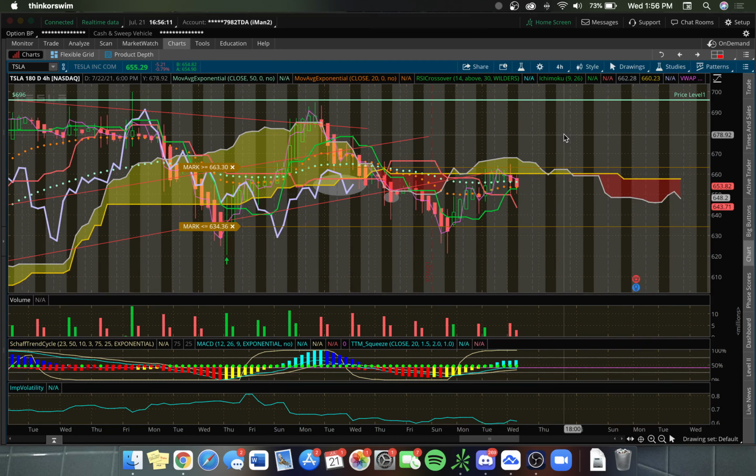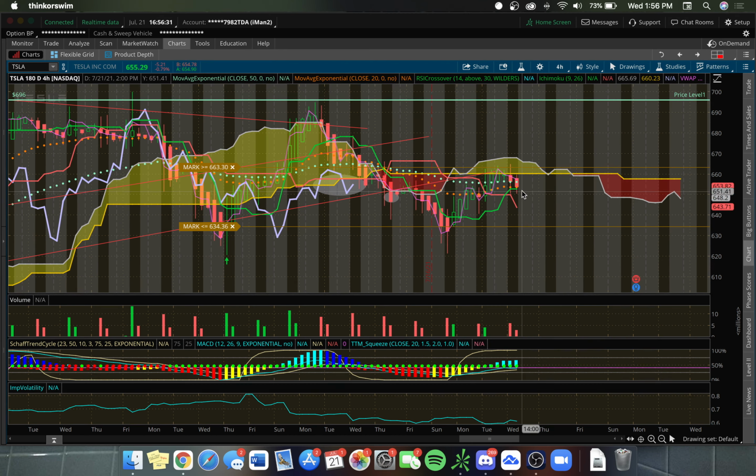Yeah, so typically when this cross happens and it maintains the support, especially on the 4-hour, it's going to be a lot stronger support. The longer time frame you're out, like a 4-hour, daily, a 2-hour, or even a 1-hour, it's going to be a lot bigger support on each time frame. Because watch, okay,